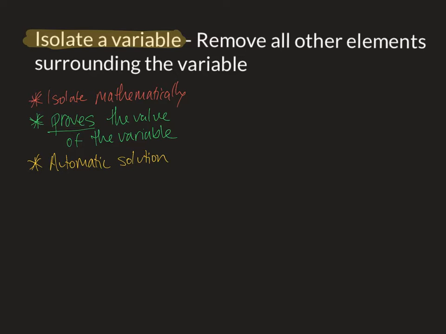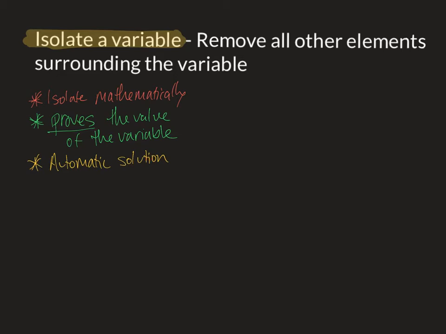So those three steps are: isolate a variable, step number one. We'll get to steps 2 and 3 as we go through this one. But three major reasons we isolate a variable. One, we have to isolate mathematically. So you saw the definition was isolating, removing from surroundings, kind of like we have here, remove all elements surrounding a variable. This isolating a variable helps us prove the value of that variable,